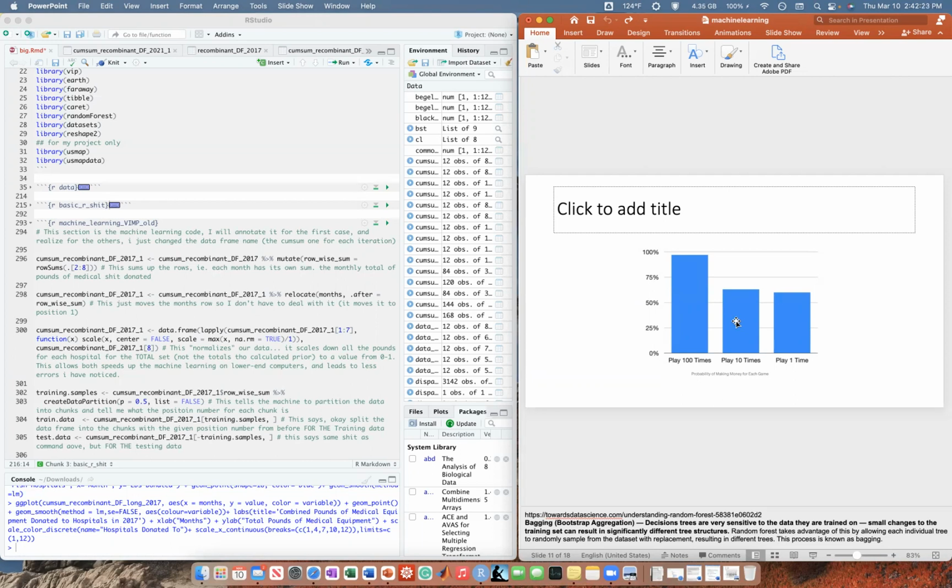This is the whole point of random forests. The more decision trees you make, we're talking thousands and thousands of them, the better your accuracy at predicting your true outcome. That's the amazing part of machine learning. That's why you use super complex computers with big processing power to predict.